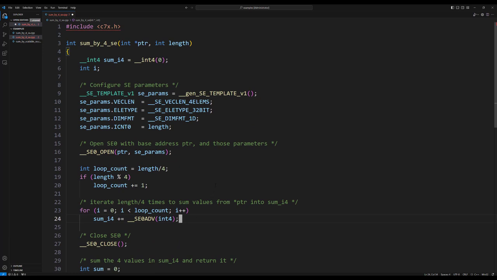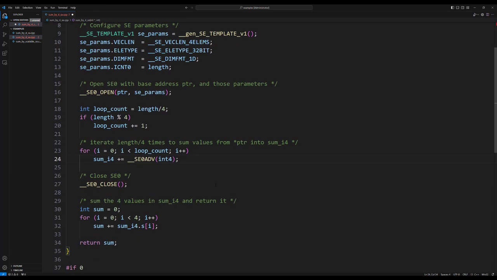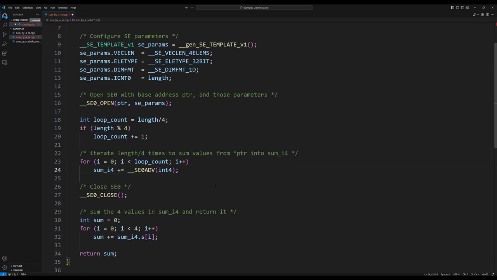Okay, so for those of you who like to get a screenshot of the first example that uses the SE, this is a good time to do that, and then I'll advance to the bottom here, and go ahead and take your second screenshot.